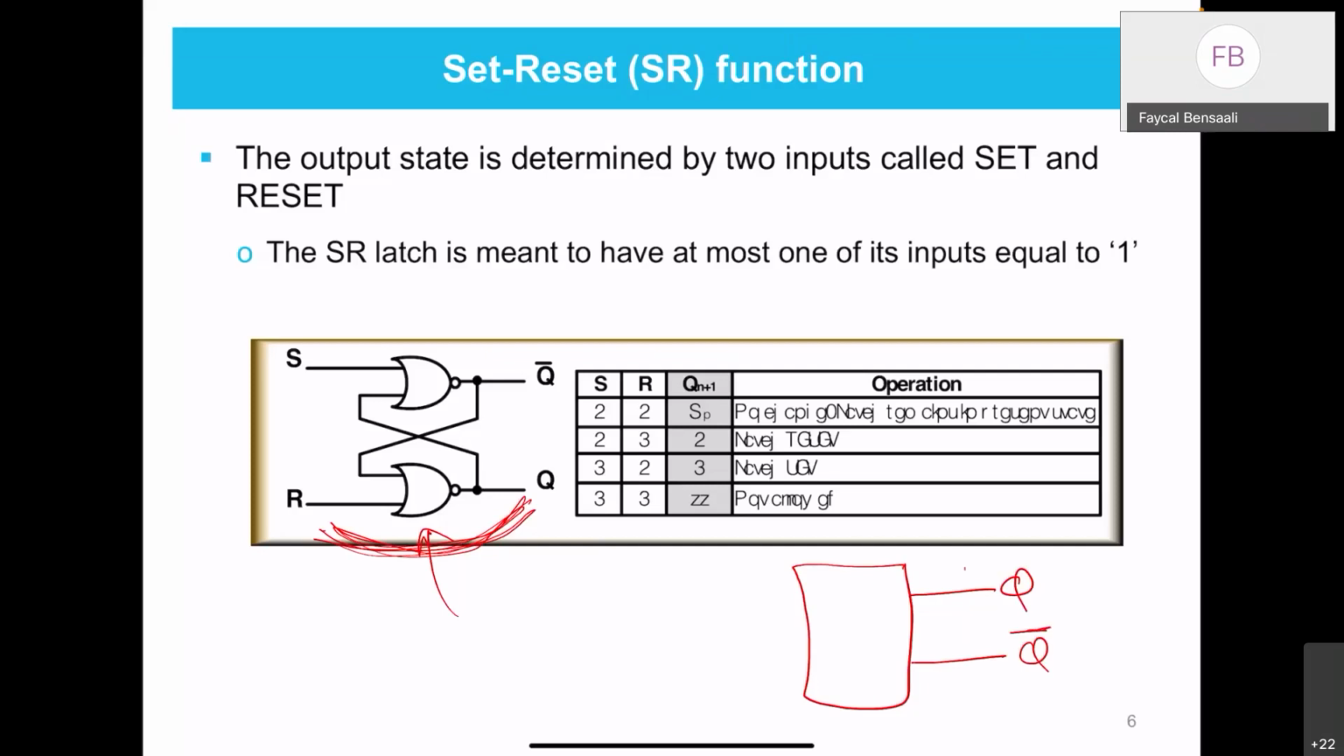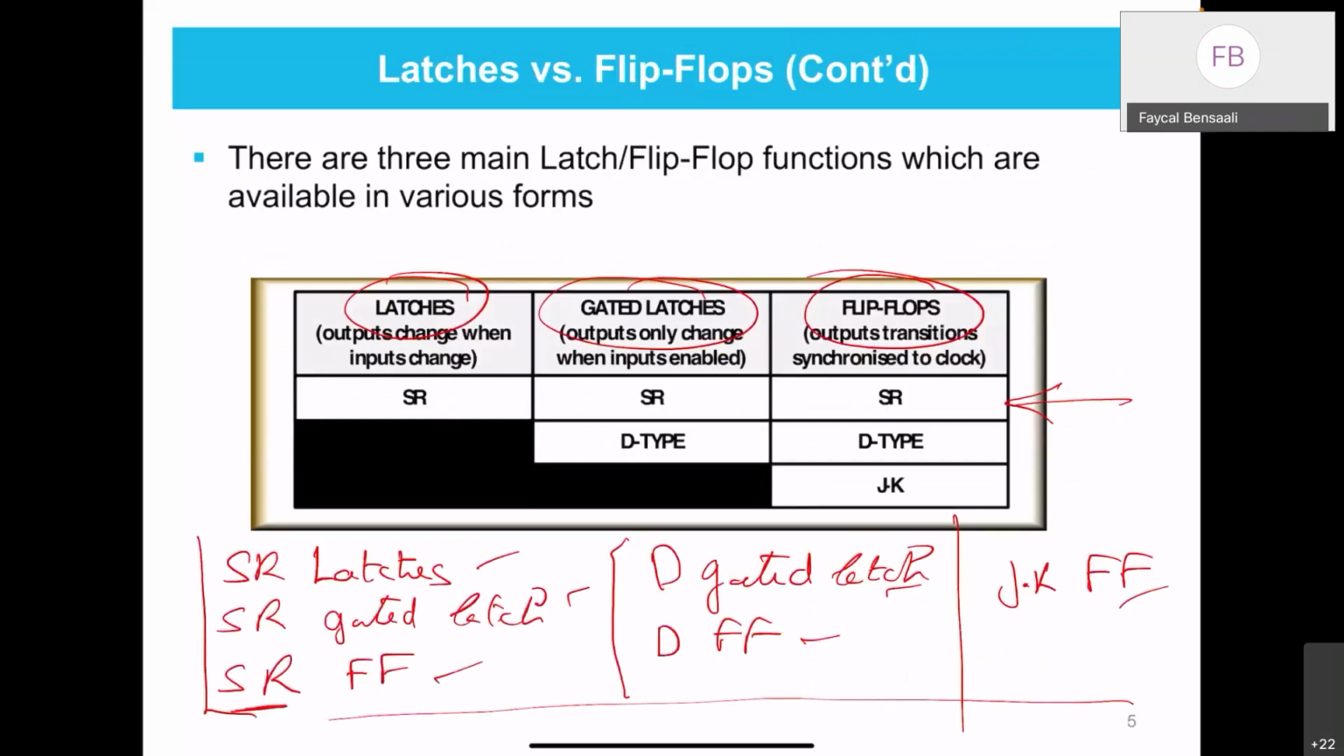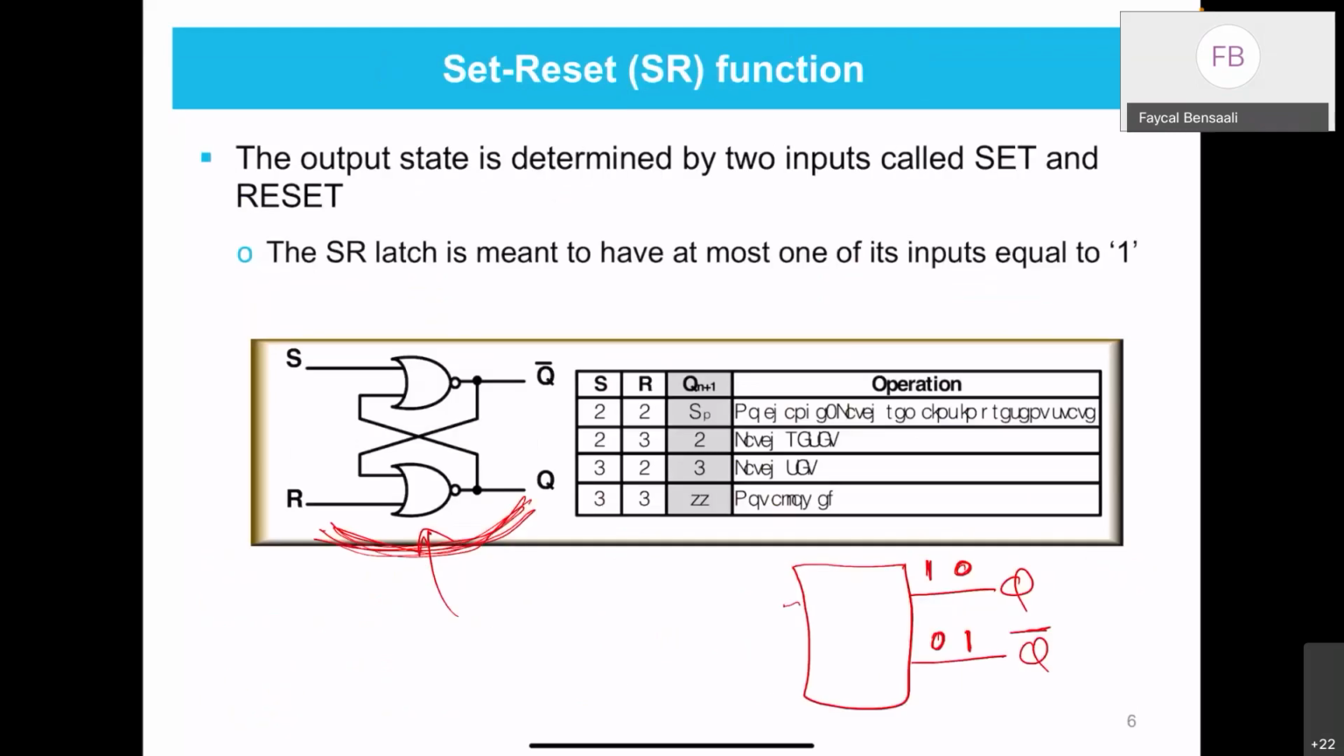So if you guess this output is 0, this definitely will be 1. If you guess this output is 1, this definitely has to be 0. So one is the opposite of the other. All those components that I mentioned here have two outputs, one the opposite of the other. Now the difference will be in the inputs